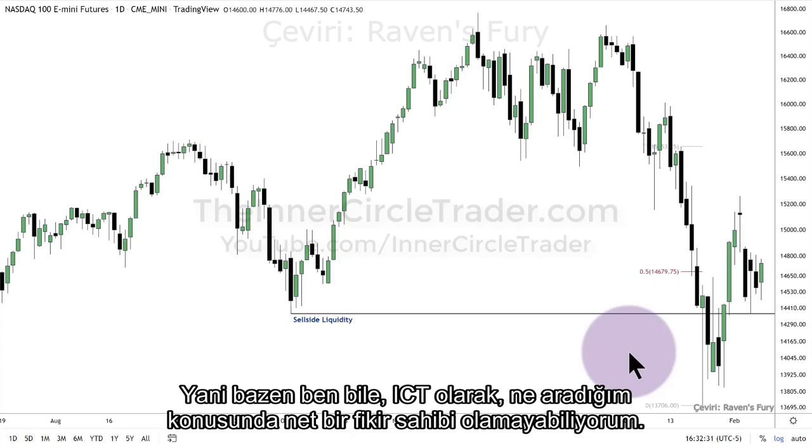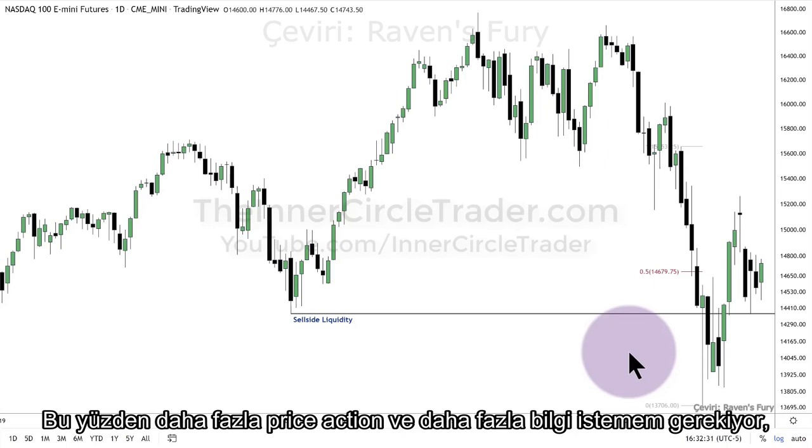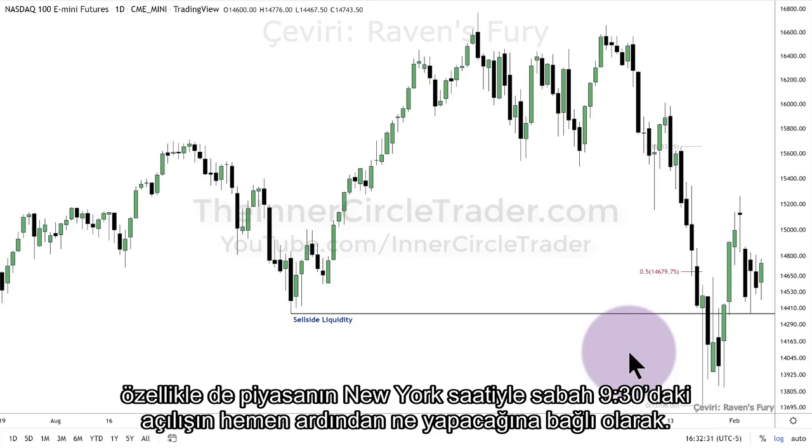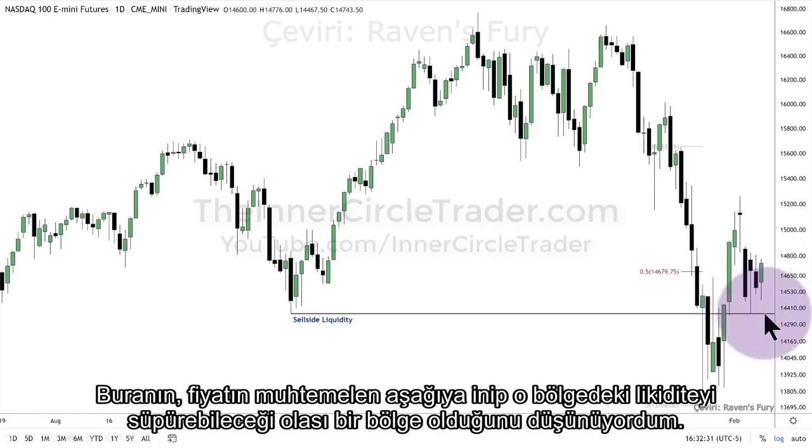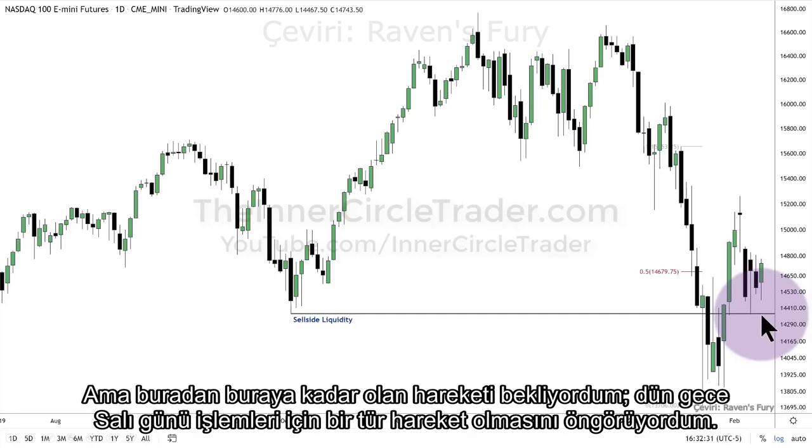Okay, so there's times when even me as ICT, I don't have a good, clear read on what I'm looking for. So I have to demand more price action and more information, or intel as I like to call it, based on what the market's going to do right after the open at 9:30 in the morning, New York time. For disclosure, in my own paid membership, I mentioned to them that I felt that this was a likely area where they could probably take it down there and sweep that area. Whether it goes lower or not, it's irrelevant, but where we were here to here, that's what I was expecting, some type of move last night for